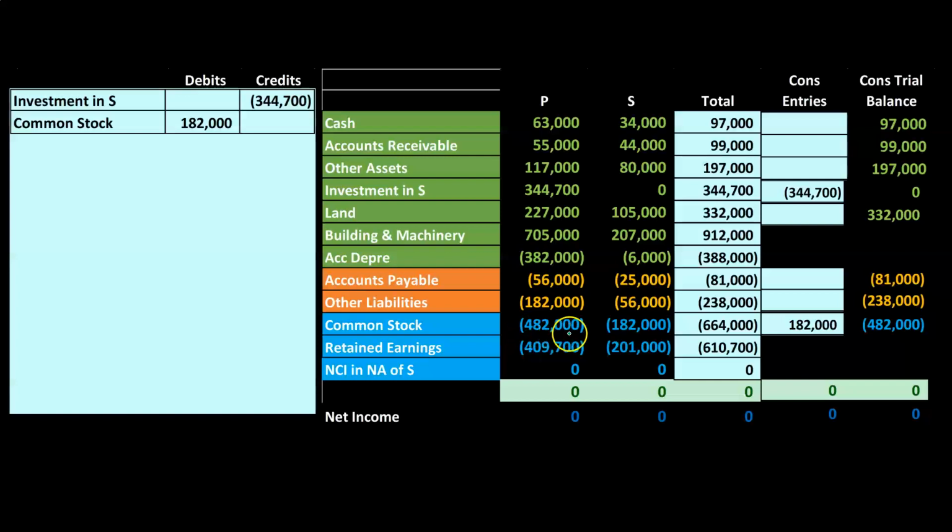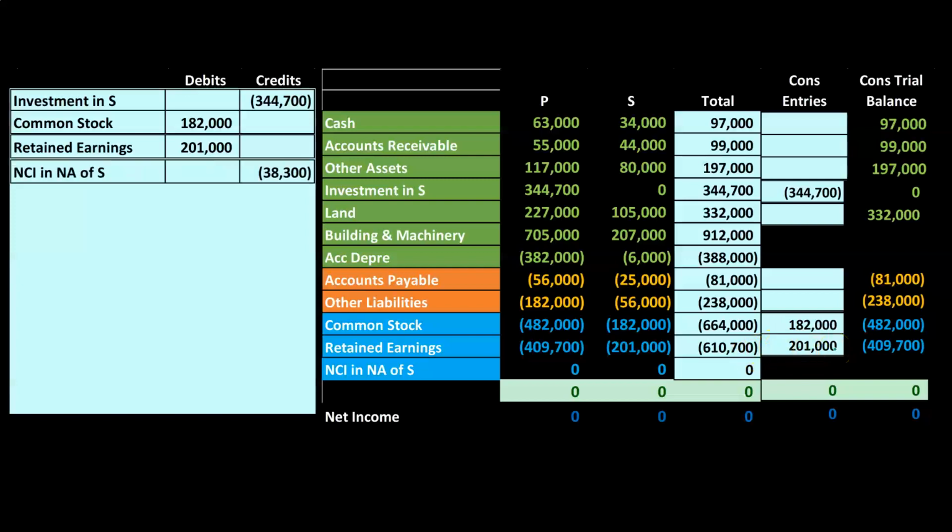We got the 482 plus the 182 is the 644, minus the 182 brings us back to the parent portion of the 482. We're going to do the same for the retained earnings. You're going to say, hey, but we don't have claim to all of the retained earnings. We only have claim to 90% of them. But we're going to remove the entire thing and then represent the non-controlling interest, the 10% portion, in another account. So we'll remove the whole thing once again. So we're going to debit it. So we've got the 4097, the 201 gives us the 6107, minus the 201 brings us back to the 4097 portion. All right, and then we're going to have that non-controlling interest, which basically just works itself out in